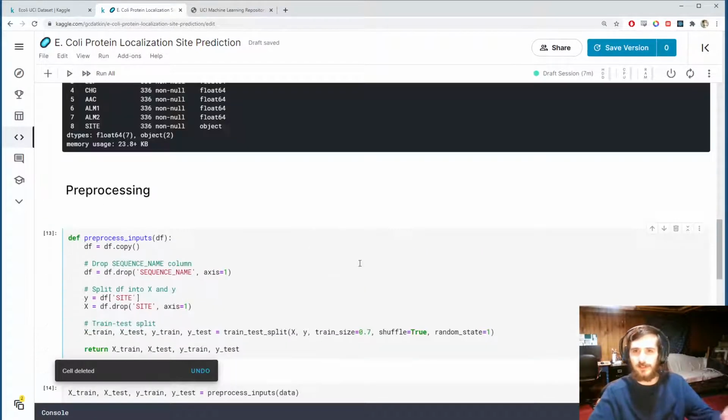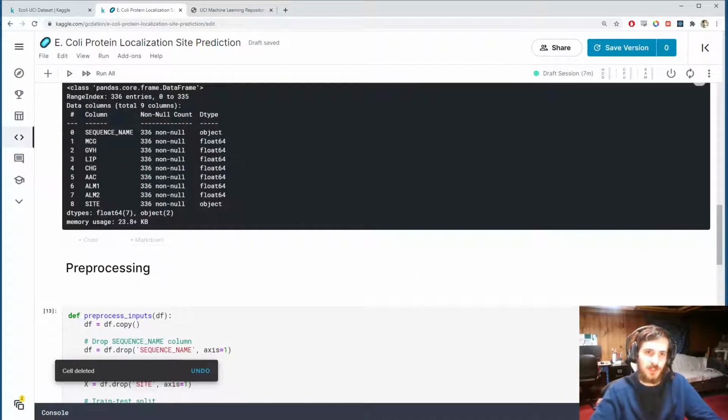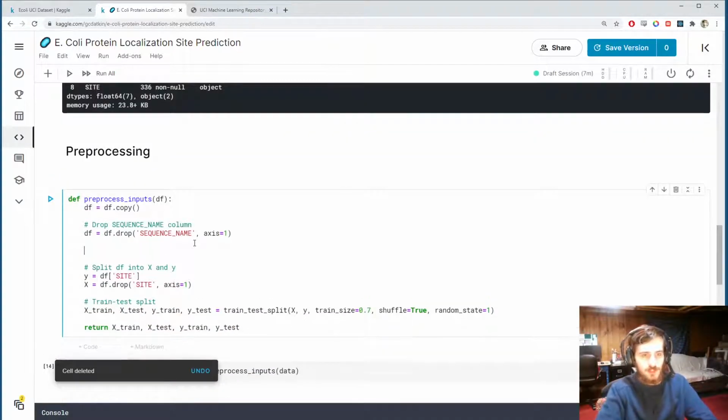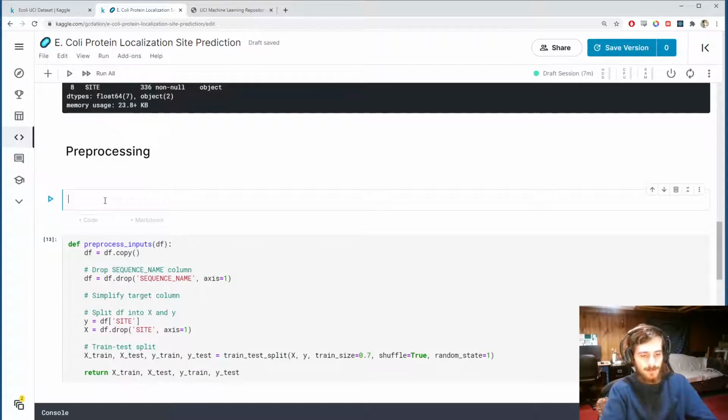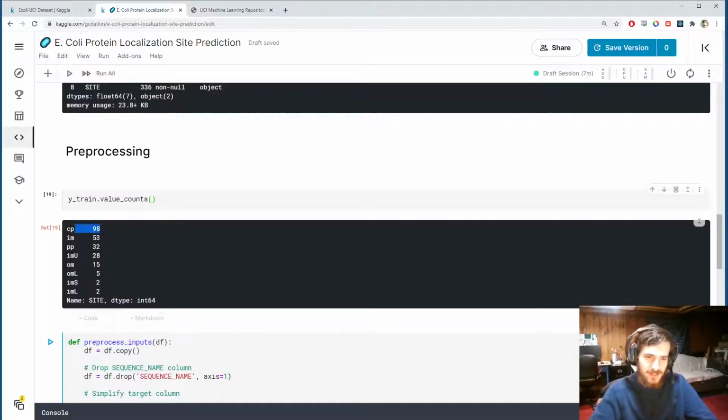And instead of trying to predict the exact protein localization site, we will change it so that we're trying to simplify the label target column. And what we can do is basically, let's look at value counts again. Alright, so here is the CP, and you can see that this is pretty much more than half